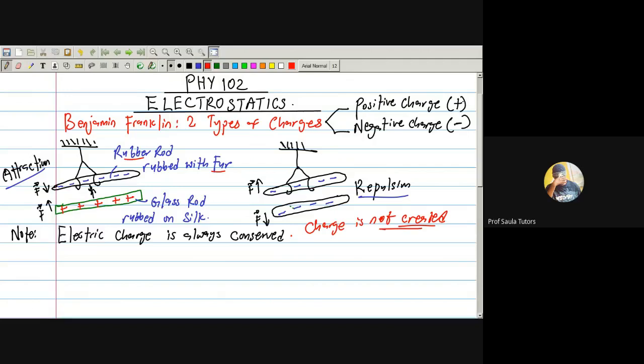For example, now let me bring this example here. Look at this rod. This is a rubber rod, or I say ebonite rod. And this has been rubbed on silk cloth. Now, this is silk cloth, and this is a rubber rod. Now, pay attention. If I rub the two against each other,